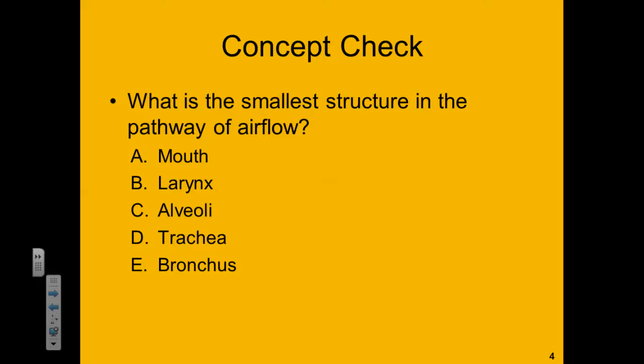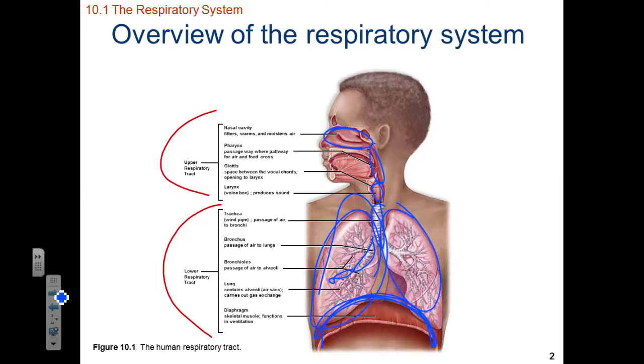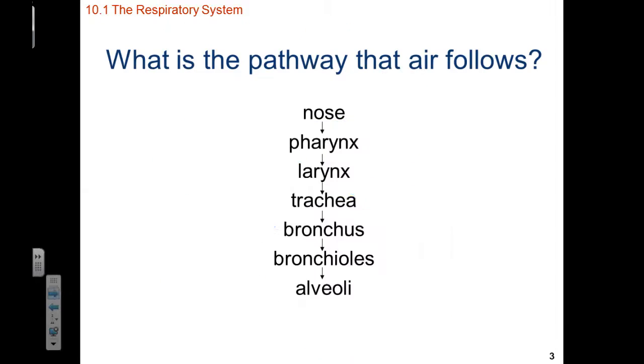Alrighty, the correct answer is the alveoli. The alveoli are the smallest structures within our pathway of airflow. They were also the last structure listed on this slide. And if we go back, they are the small little circle I drew at the end of the pathway of airflow, represented by that circle right there. So moving on,